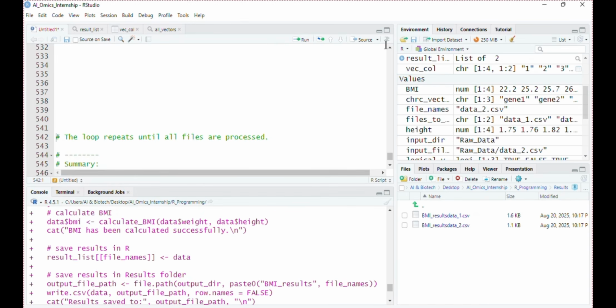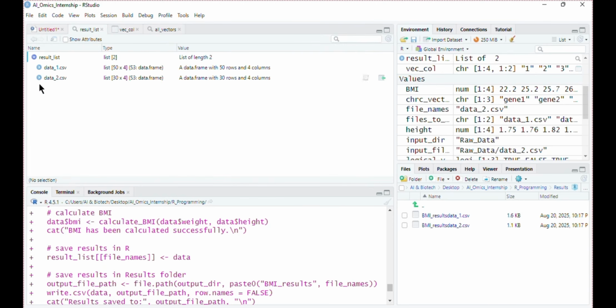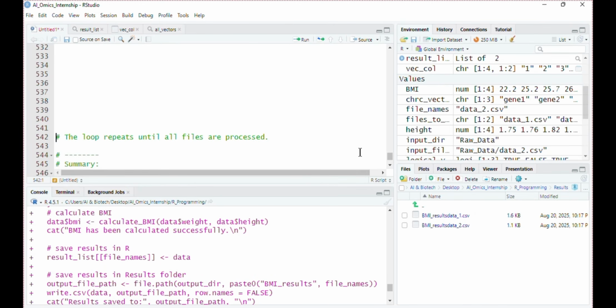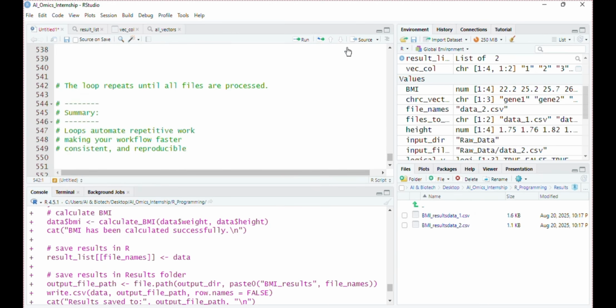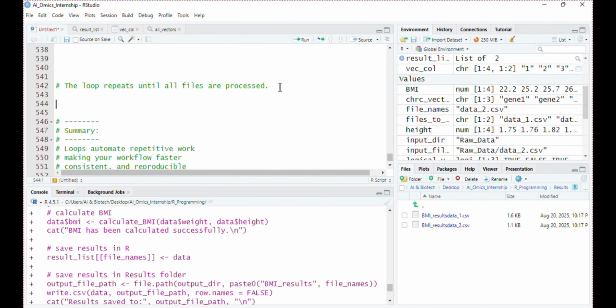Now let's check these results in R. Initially we created this result list that is empty. Now if I check at this time, we have data 1 and data 2 CSV files in it. To access the result, let's create a variable results1 and access the first element from the result list with double square brackets and 1.